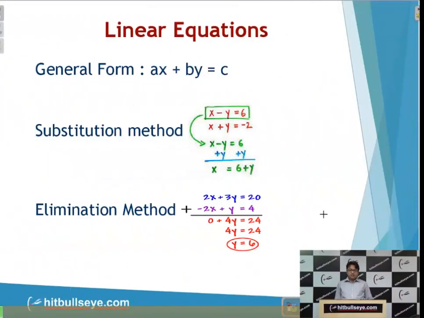As you could see on our screen, we have written the general form of a linear equation as ax plus by equal to c. Here we have taken x and y as the variables whose values we need to derive. A and b are taken as the coefficients and c is taken as the constant. Also, every linear equation represents a straight line.